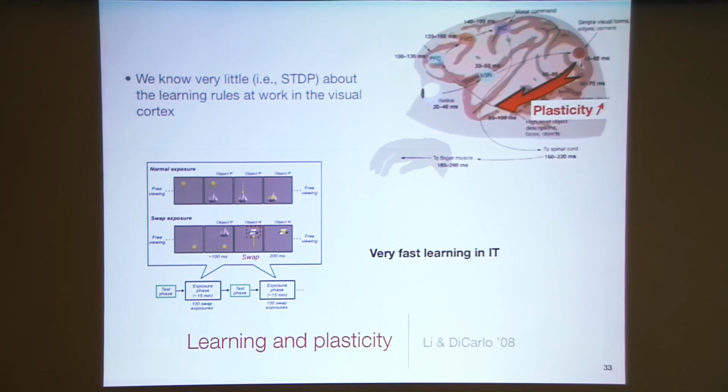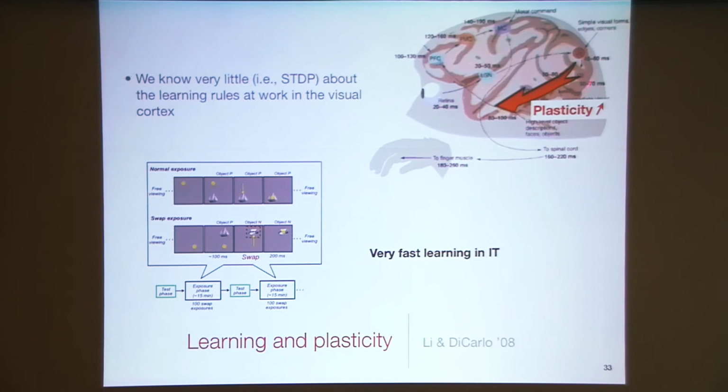Okay, all right, so let me very briefly spend 5 minutes, because a lot of you have spent the past couple of days hearing about learning rules and machine learning, I at least wanted to mention something about learning and plasticity in the visual cortex. To disappoint you, we know very little about the specific learning rules that could be implemented in the visual cortex beyond the obvious, which are related to things like Hebbian learning rules and spike-timing-dependent plasticity, which are much more at the mechanistic cellular level rather than at a high-level computational learning rule.